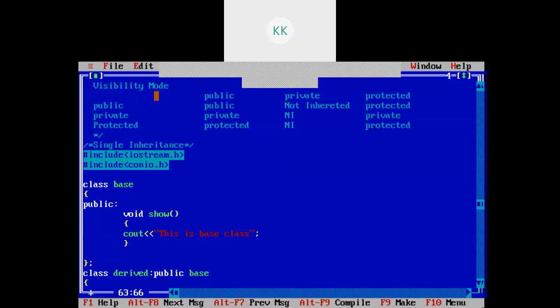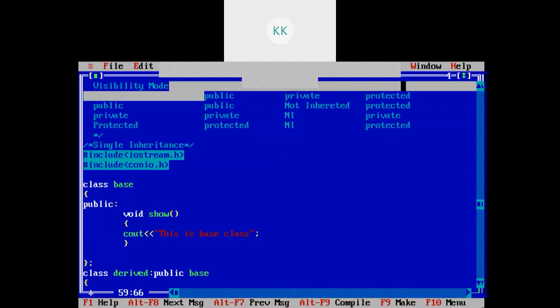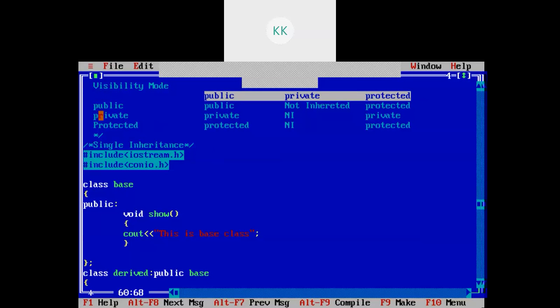So once again I will repeat, these are the visibility modes and these are the access specifiers in the base class, right?